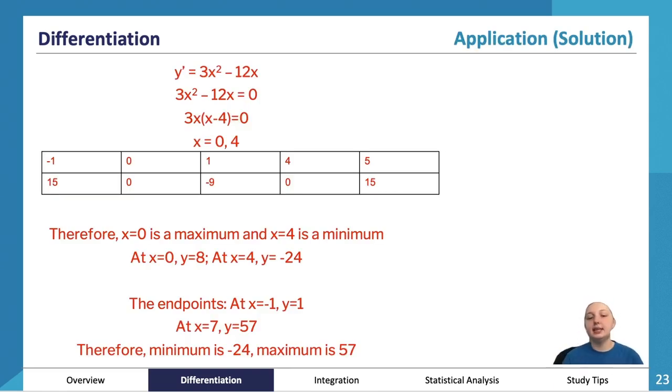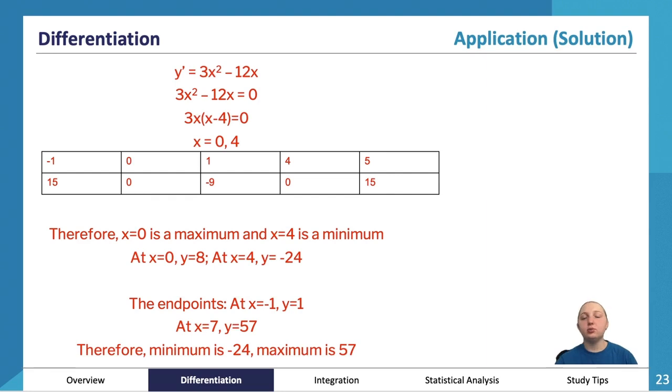Okay, also recognizing that your minimum and your maximum values are actually y coordinates. Your maximum is not at 0. While x equals 0 is a maximum, the global maximum point is not 0. The global maximum point is, well, in this case, it's actually 57. It's the y coordinate that is associated with the x, okay? Always remember that your global maximum, your global minimum are going to be the y coordinates, not your x coordinates,